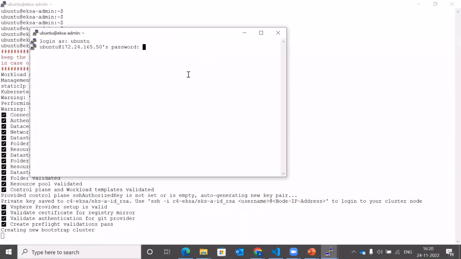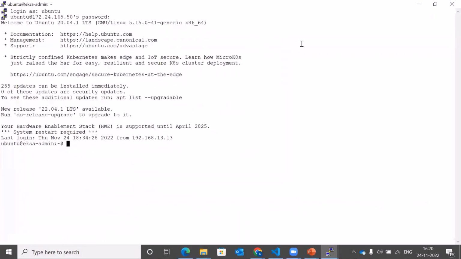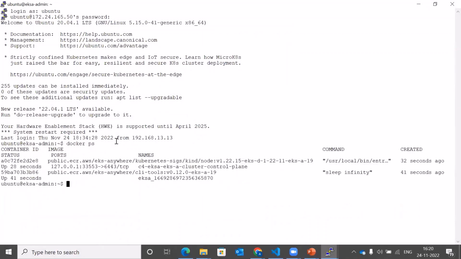I'm going to open a parallel session to the same admin machine, and if I run the command docker ps, you can see that there are two Docker containers that have been spun up. The one of interest is this particular container. This is the Bootstrap kind cluster, and inside of that there is an EKS Distro running, and this EKS Distro will facilitate all the build tooling and everything required for EKS Anywhere and the cluster API to communicate with